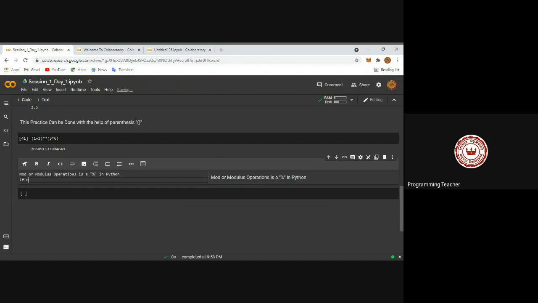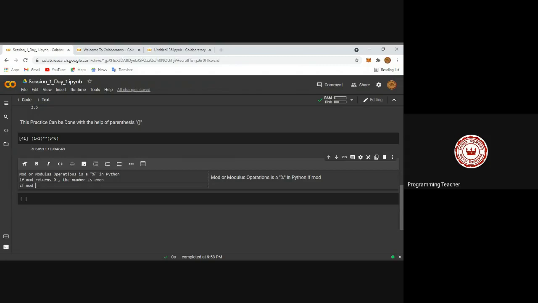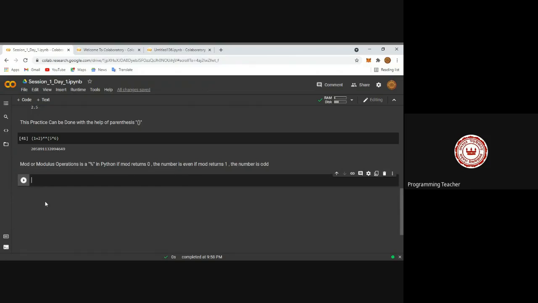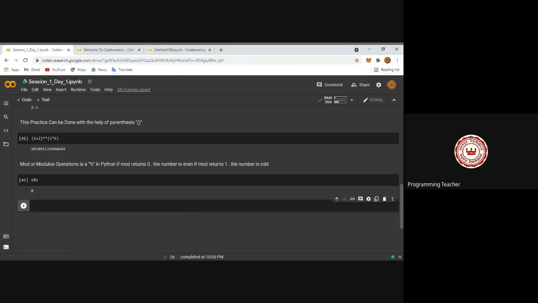If mod returns 0, the number is even. If mod returns 1, the number is odd. So let's try to prove. We are taking two numbers, 6 percent 2. We know we will get 0. In case of 7 percent 2, we will get 1, that is an odd number.